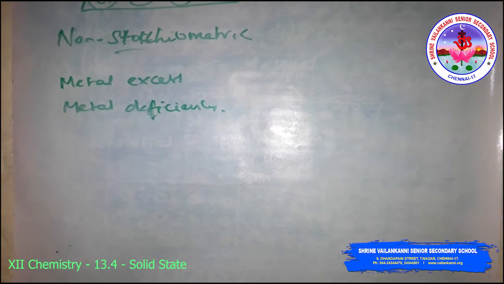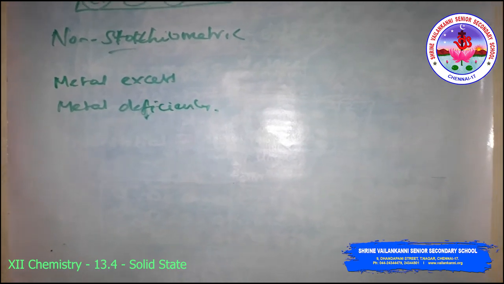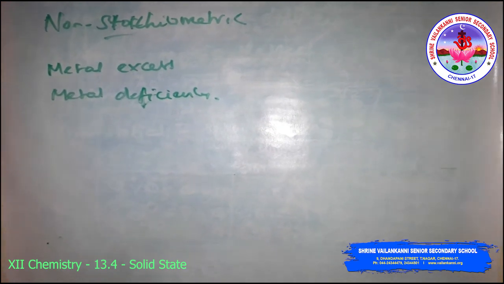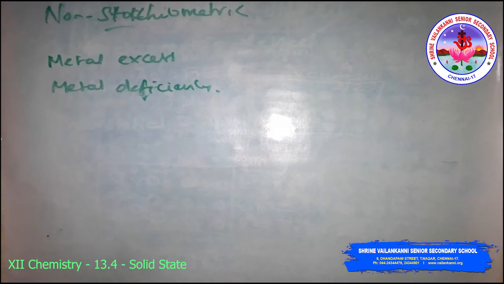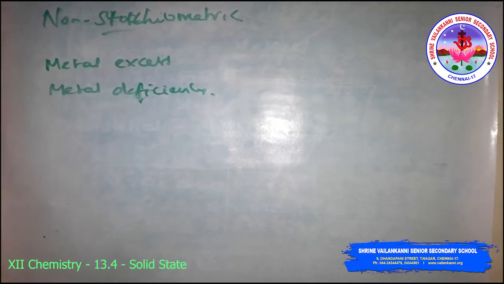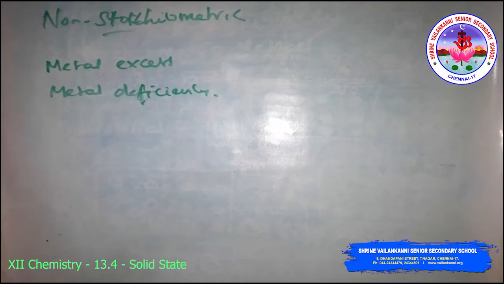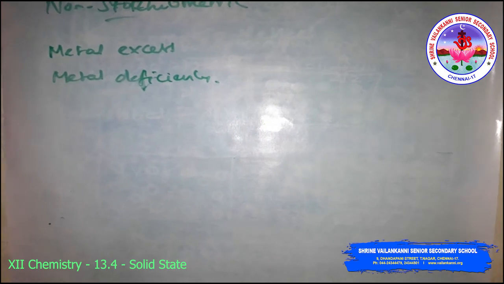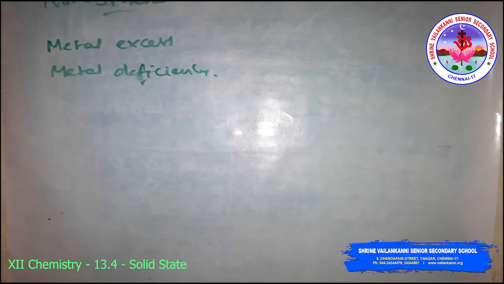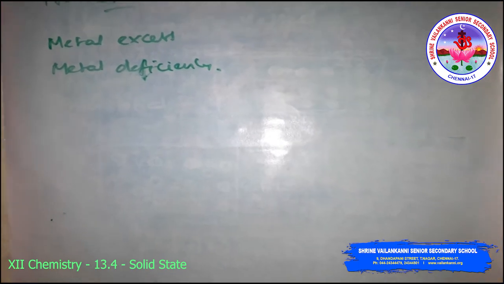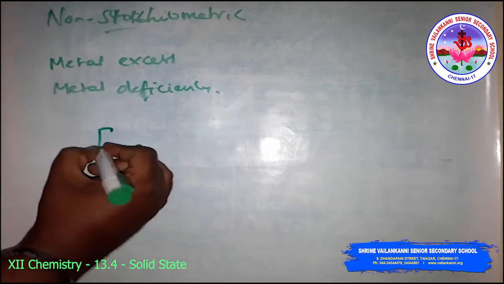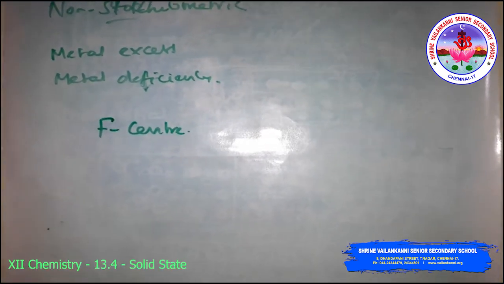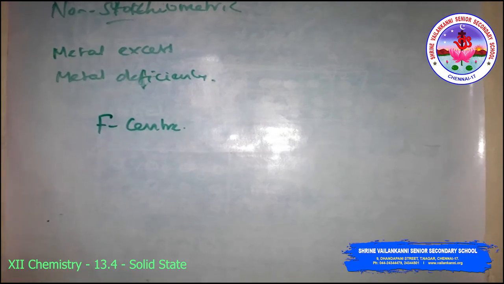the surface of the crystal. The chloride ions diffuse to the surface of the crystal and combine with the sodium atoms to give sodium chloride. This happens through loss of electrons by sodium atoms to form sodium ions. They release electrons which diffuse into the crystal and occupy an anionic site. As a result of the excess of sodium, the anionic sites are occupied by unpaired electrons, usually called F centers.